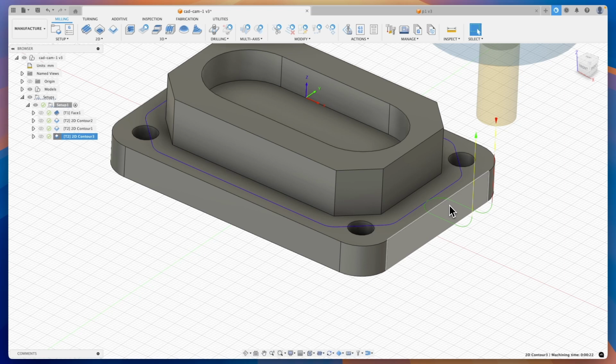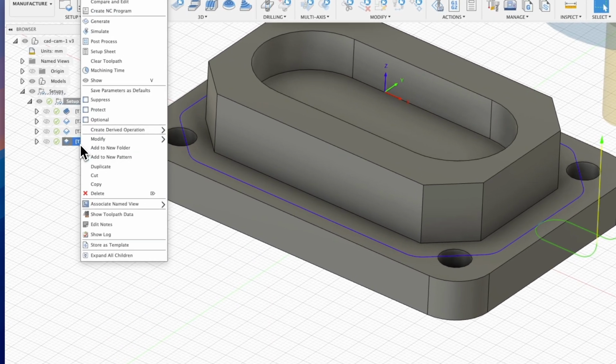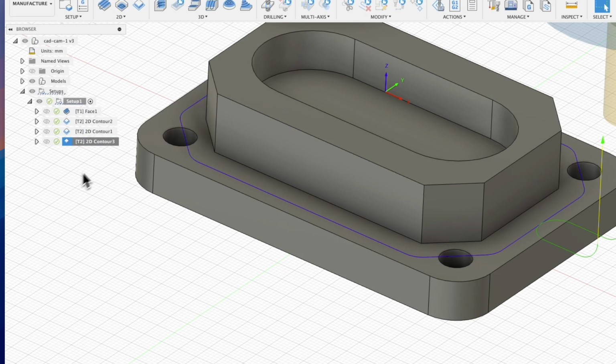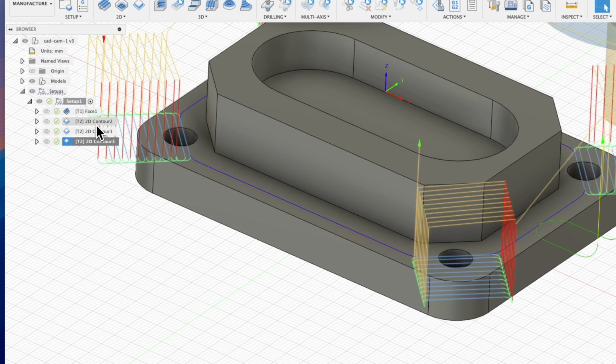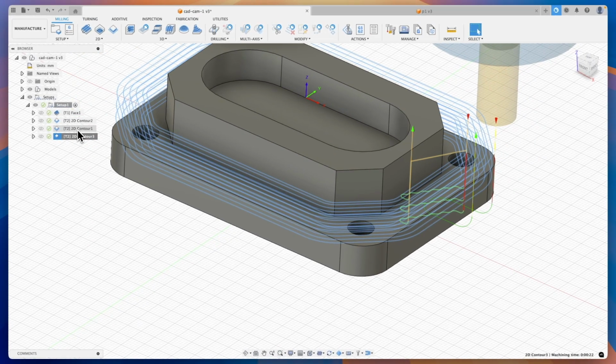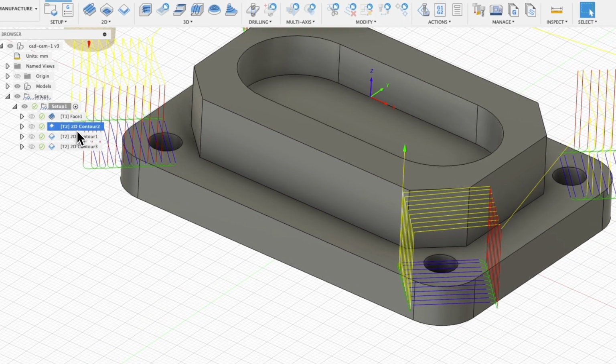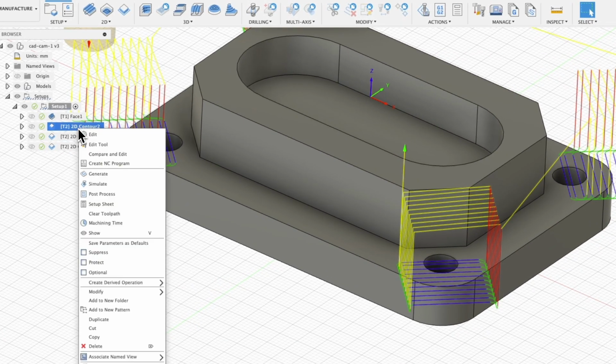As for this operation, we will leave this operation because I will need it shortly, but if you wanted to remove any operation from the operations you added, you simply right-click on that operation and select the delete option here. I will leave this operation because in the previous operations I will add allowances for finishing machining. To add allowances, I will edit this operation. I right-click here, select Edit,